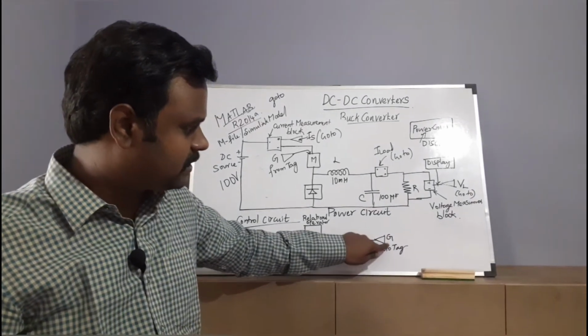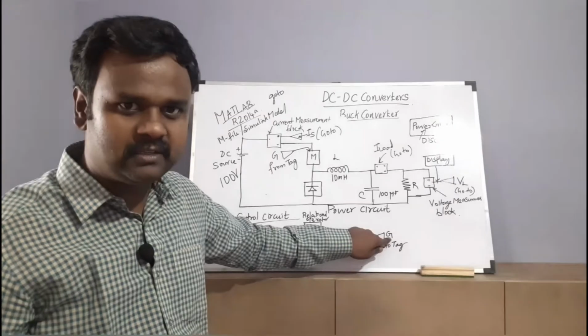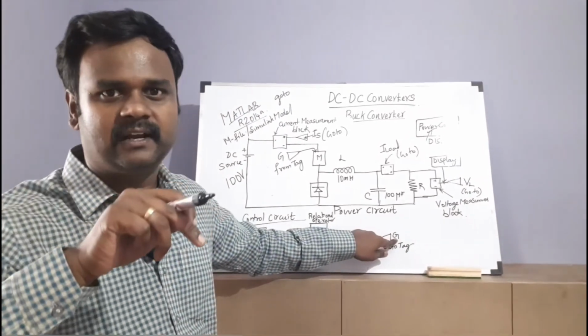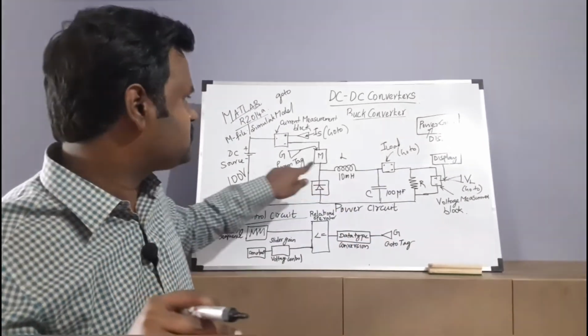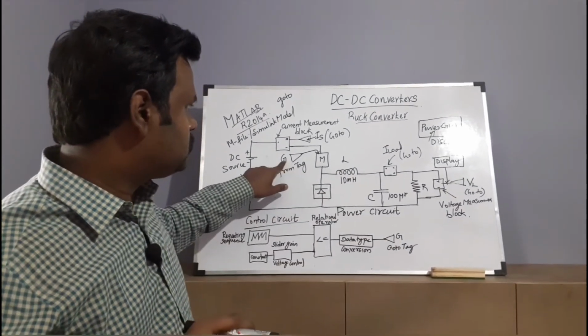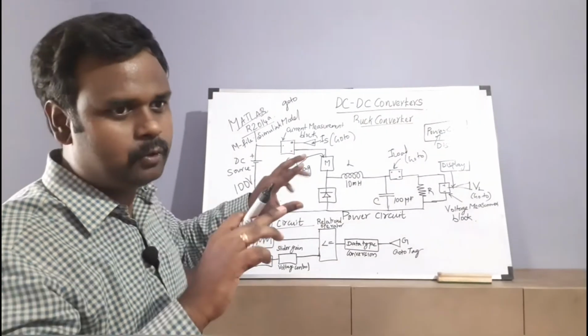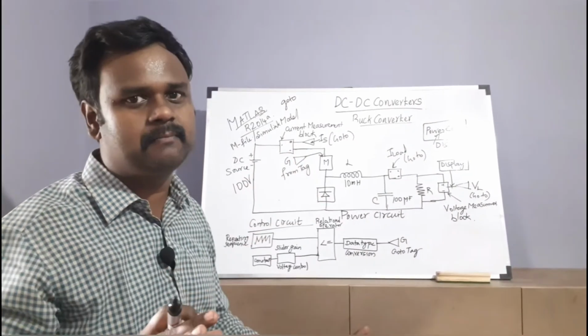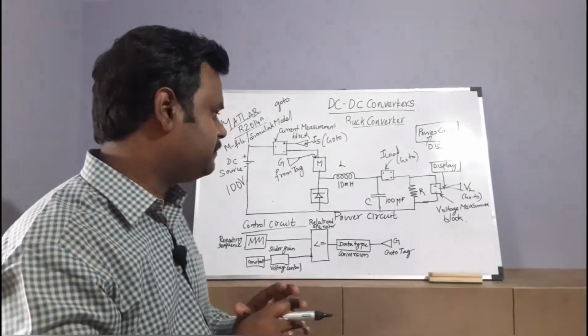If it is a Goto tag, if it is represented as G, then the particular signal should be received somewhere else, right? At that particular point also the same symbol should be used. For example, here also G, this signal should be reaching here, so this is G here, right? Both the letters should be the same. Whatever notation you are using, that should be the same, right?